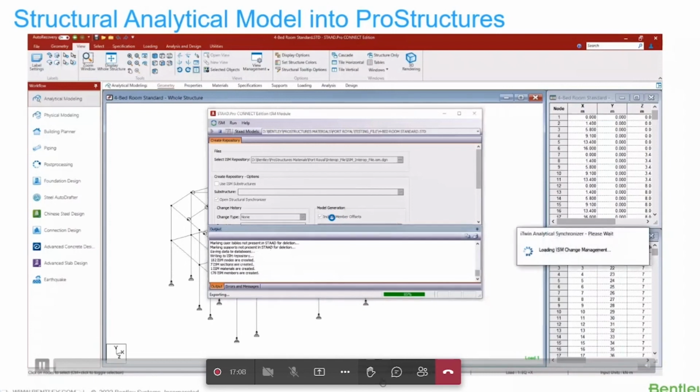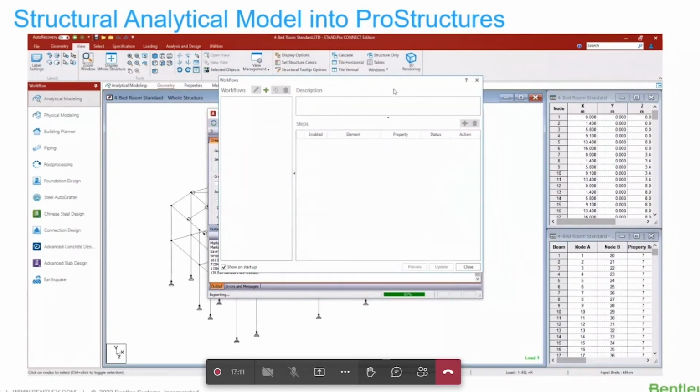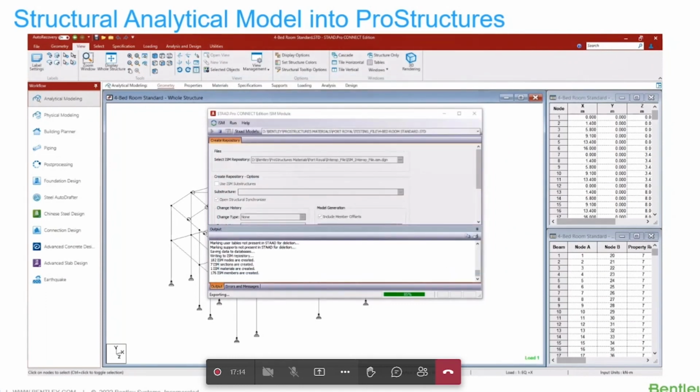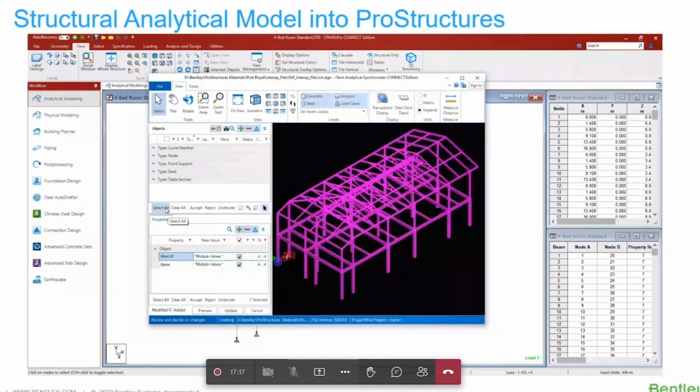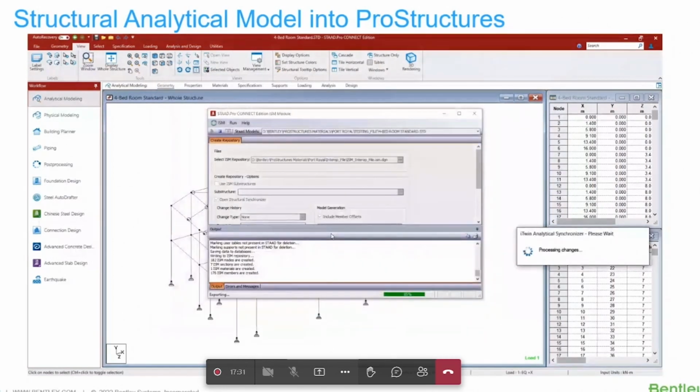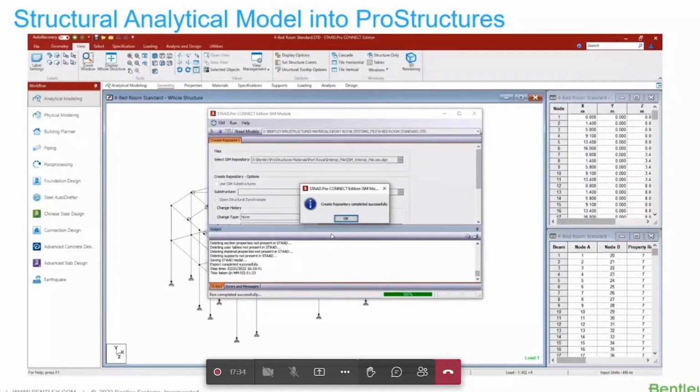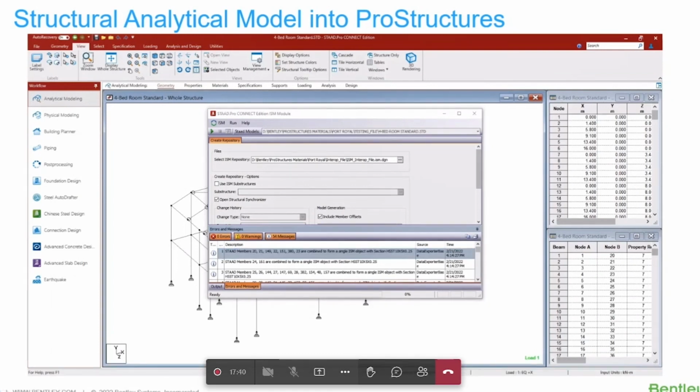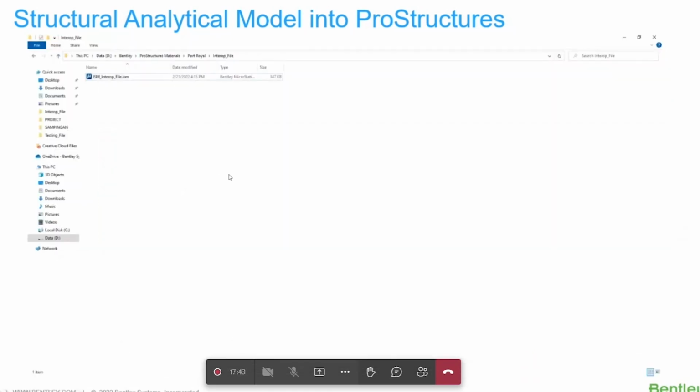It takes some time. It depends on how big your model is. And then it will show us the structural synchronizer. At this point, we can select which elements we want to include and which elements we want to exclude. So it allows us to select again which elements we want to export to the ISM. We can select all if we want to export all the elements from our structural analysis. Okay, and then we will find there is a file with ISM,